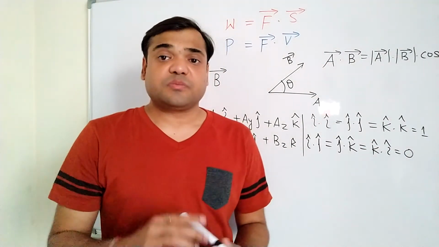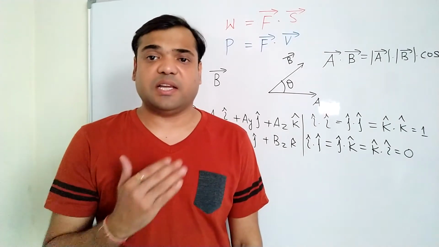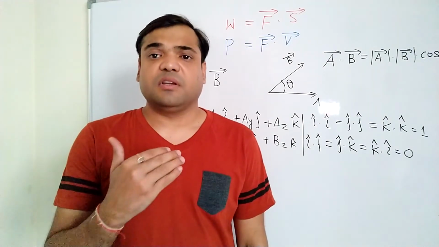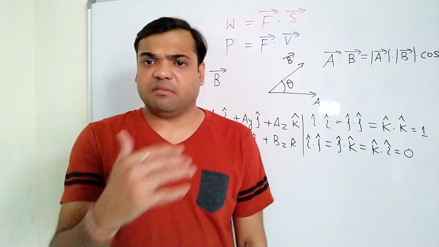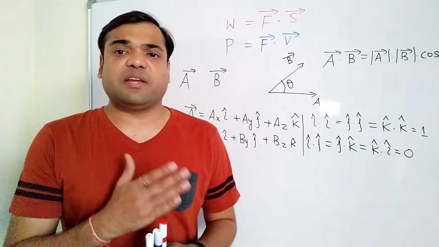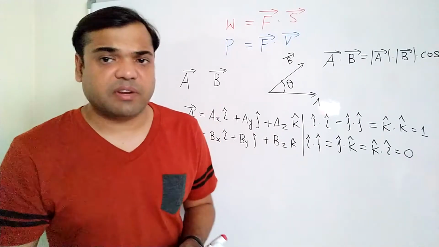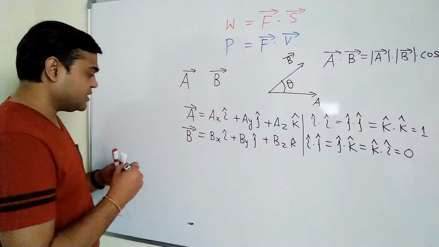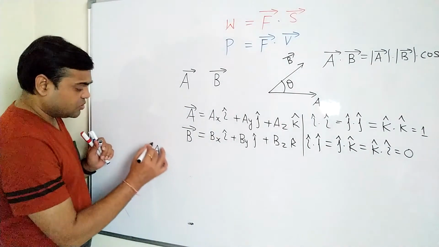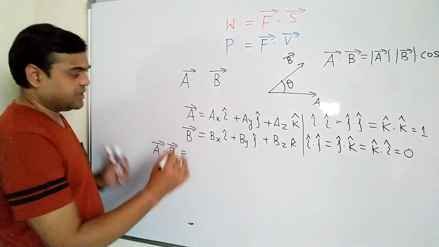So now, ये जो हमने यूनिट वेक्टर्स के डॉट प्रोडक्ट की वैल्यू निकाली है, आई कैप की जे कैप एंड वेरियस अदर कॉम्बिनेशंस, तो इनको हम यूज करेंगे व्हेन वी कैलकुलेट द वैल्यू ऑफ डॉट प्रोडक्ट बिटवीन वेक्टर A एंड वेक्टर B. सो लेट अस कैलकुलेट द डॉट प्रोडक्ट वैल्यू हियर. सो वेक्टर A डॉट वेक्टर B, ये हमें क्या देगा?